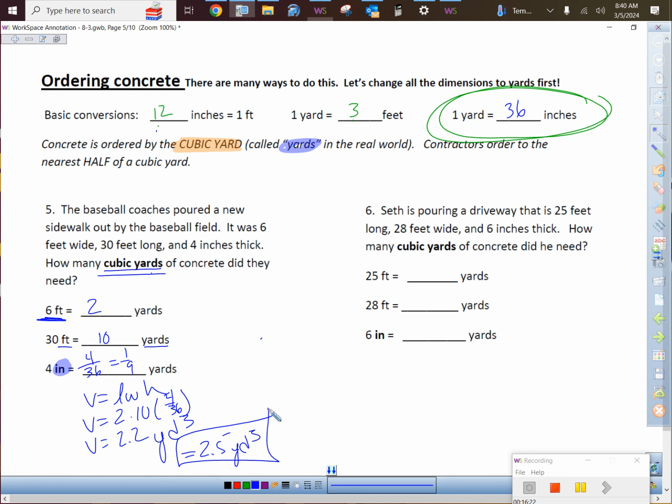25 feet long, 28 feet wide, and 6 inches thick. Do you know why driveways are thicker than sidewalks? Cars are heavier, right? If you make them too thin, it's just going to crack. So driveways are at least 6 inches thick, if not 8 inches thick sometimes, depending on what kind of vehicles